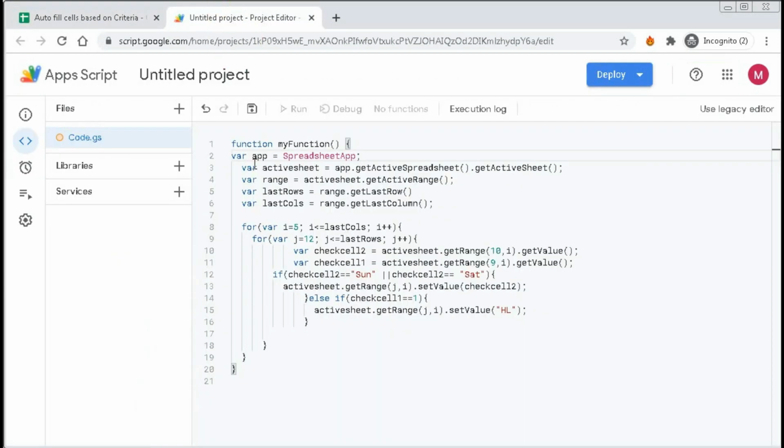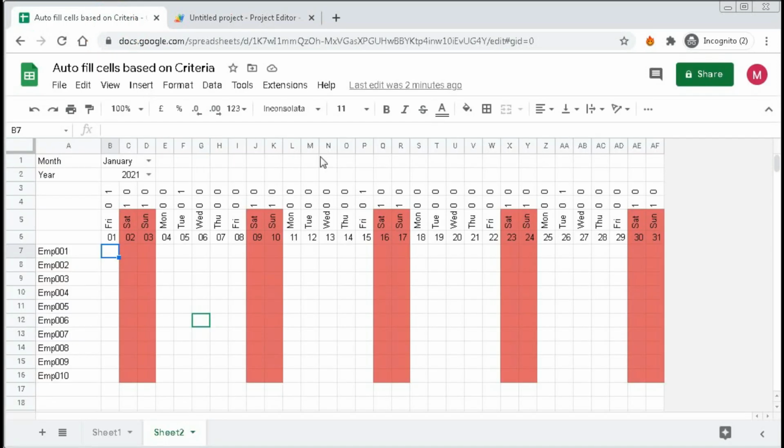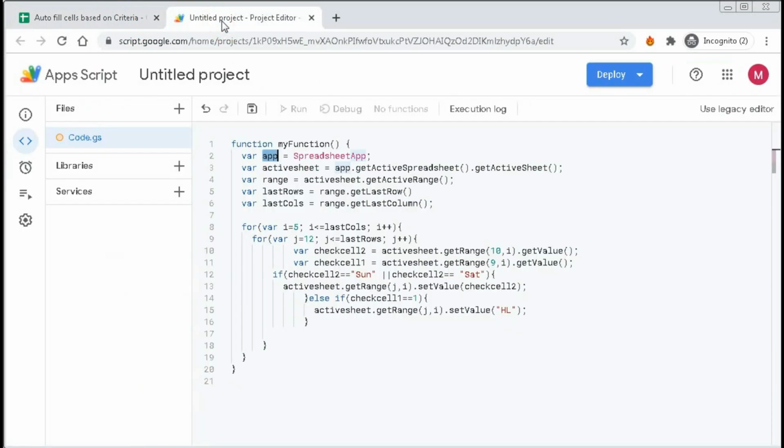So first we have to declare some variables. Our first variable is app. So app is equal to SpreadsheetApp. That means this is the spreadsheet, and for this app we are creating our code, and our active sheet will be this spreadsheet, app dot getActiveSpreadsheet.